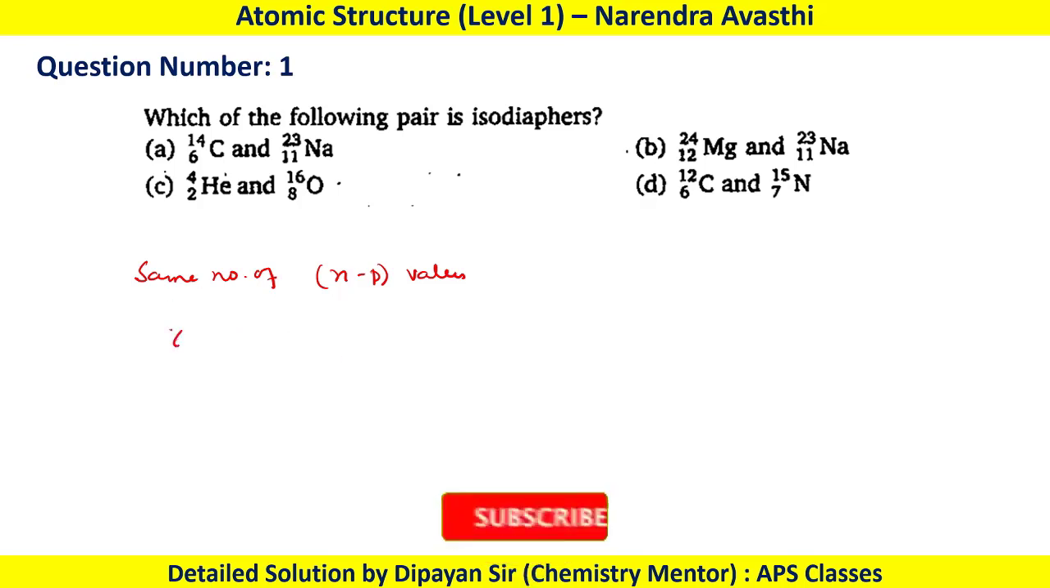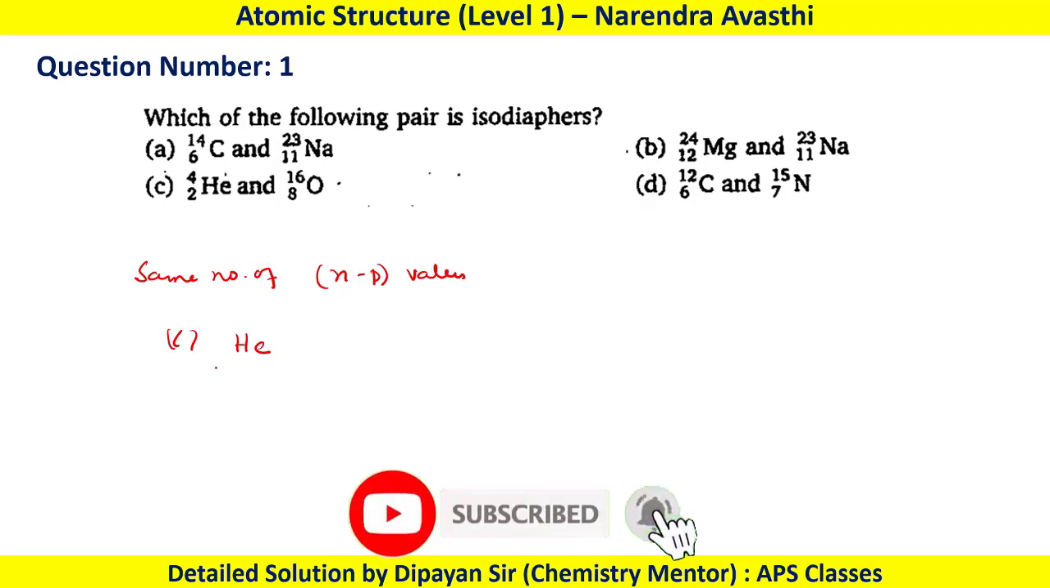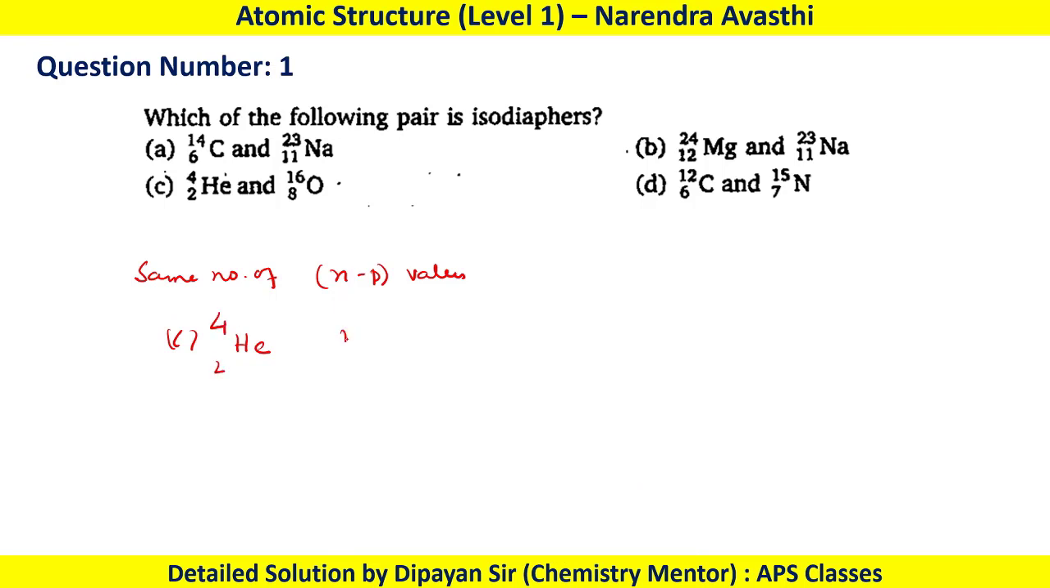So in option C we have helium-4 (2, 4). The number of neutrons is 2, number of protons is 2, so the n minus p value is 0. In oxygen-16 (8, 16), the number of neutrons is 8, number of protons is 8, so again the n minus p value is 0. So for the helium and oxygen pair we have the same n minus p values. That's why for question number 1 the pair which will be called isodiaphers is option C, that is helium